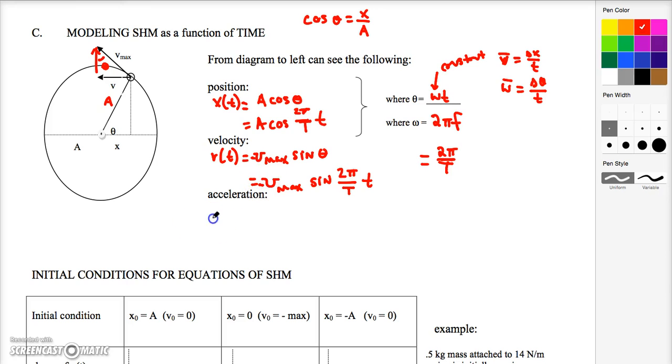Before I run out of time here, I'm just going to write down what the acceleration vector is. The acceleration vector is also negative because it's accelerating that way to pick up speed. And so acceleration, if you recall, is minus k over m A cosine of 2π